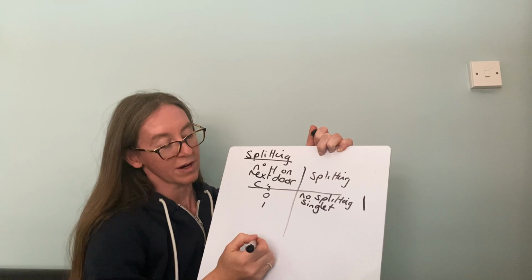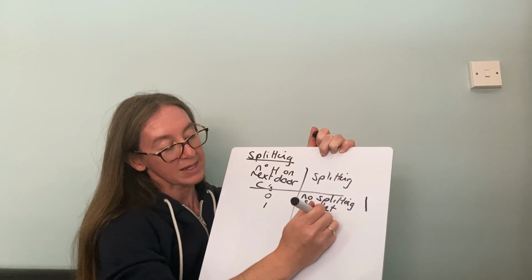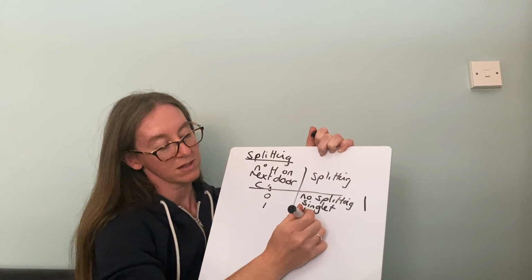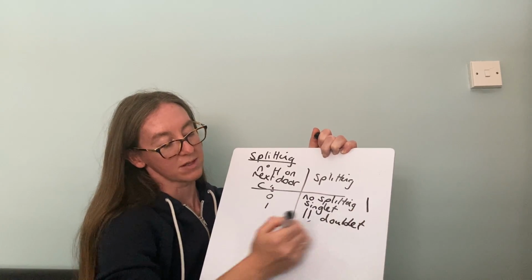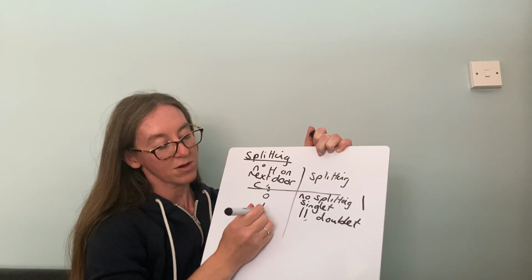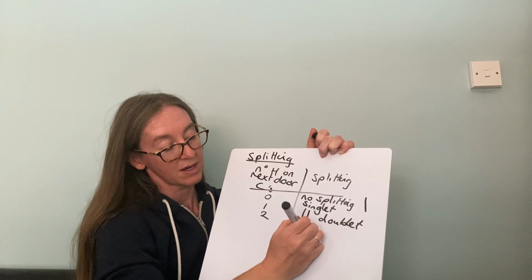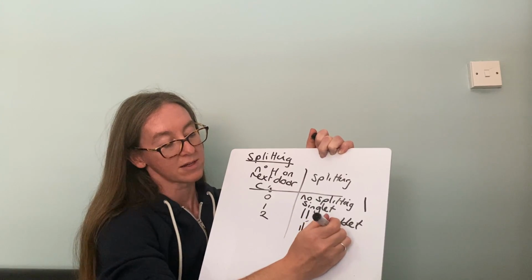If there's one hydrogen on the next door carbon, you get splitting into two lines, which we call a doublet. If there are two hydrogens on the next door carbon, the line splits into three, which we call a